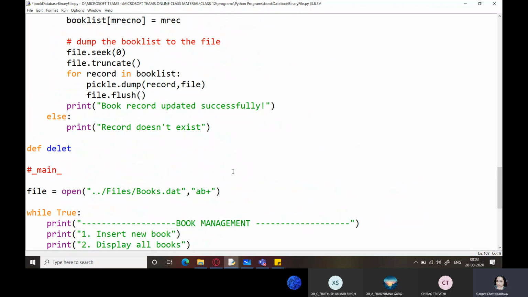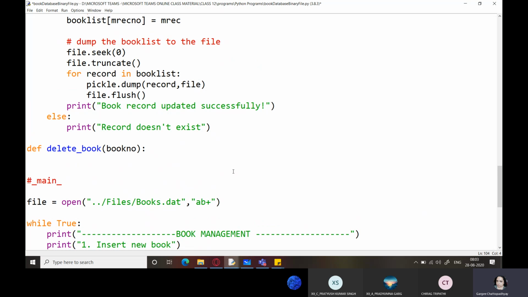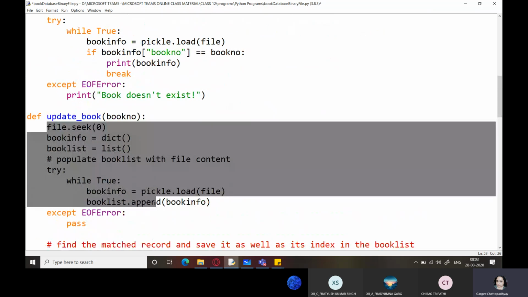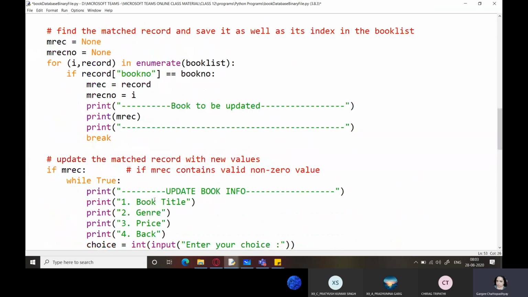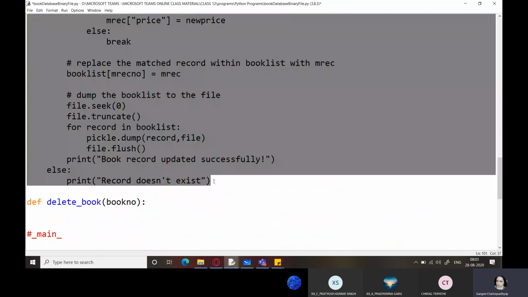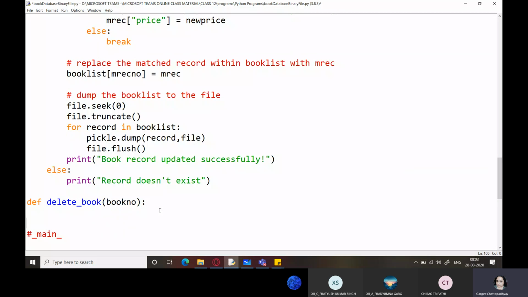So we will be deleting the book, and we will ask for book NO. Now we can consider copying some of the parts from here. So we will copy this. I'll copy this entire thing, and we will just make changes in it.